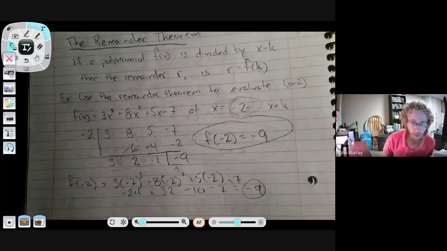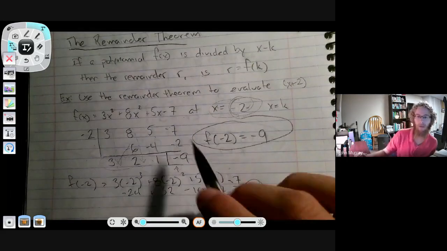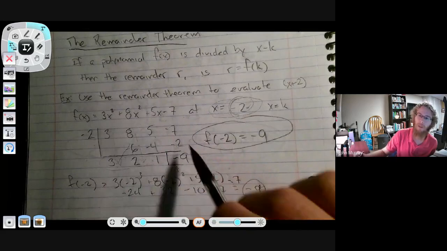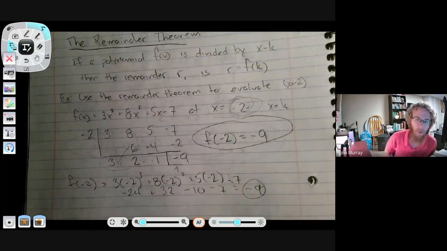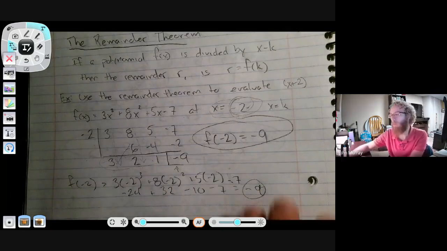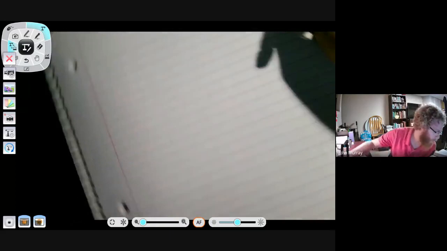All right, so again, we can use that. I think doing this was much quicker than getting out a calculator and typing all that in. Okay, any questions there? Okay, that brings us to our second theorem. All right, using this factor theorem, the remainder theorem, we have